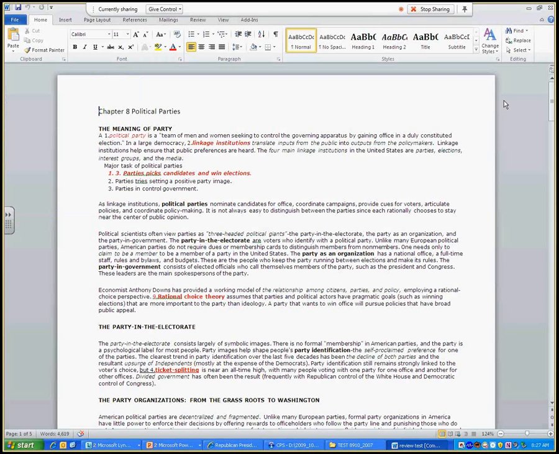All right, Chapter 8. You need to know the definition of political parties. Of course, people get together to try to control the government. Linkage was in Chapter 1 also. Linkage, what links you with the government, like political parties, interest groups, voting, and so on. And the most important task that the political party does is they will try to find good candidates and win elections.